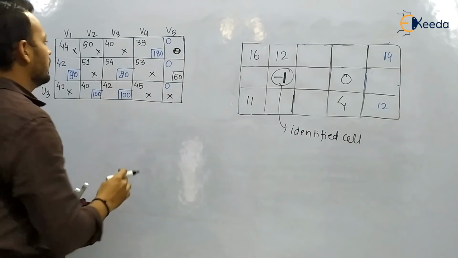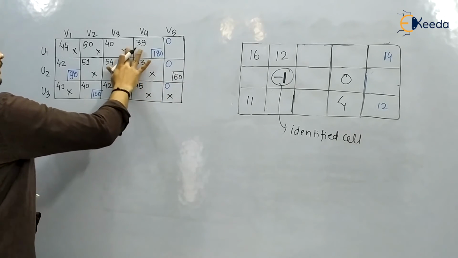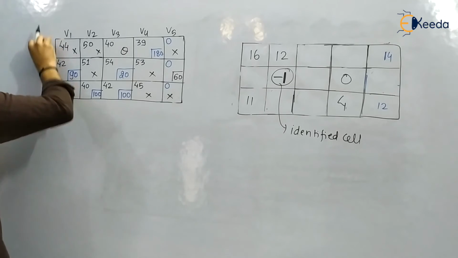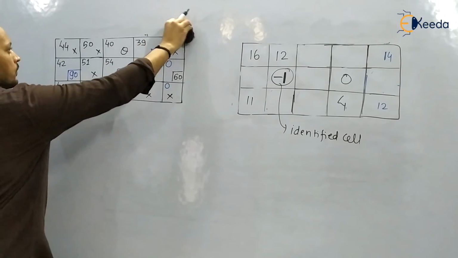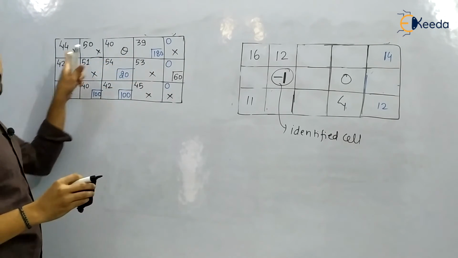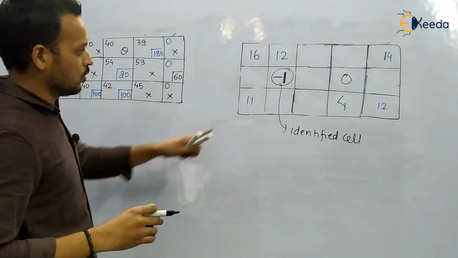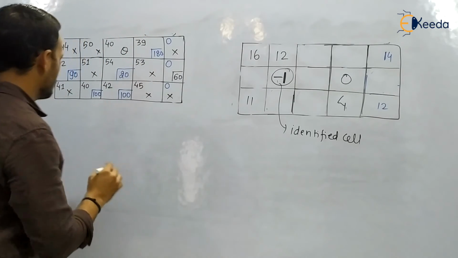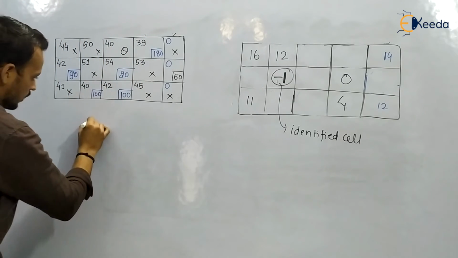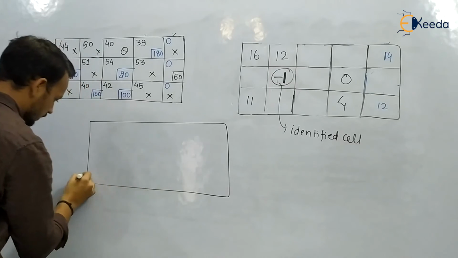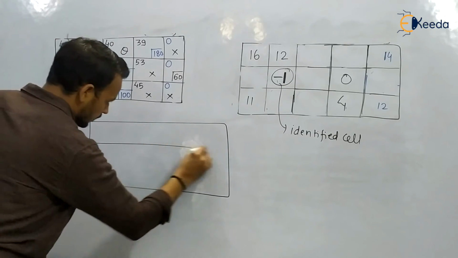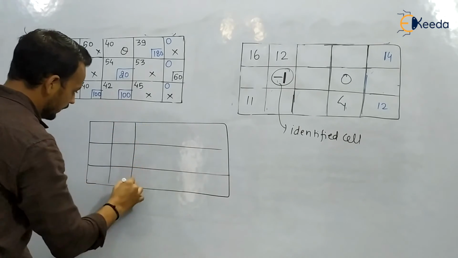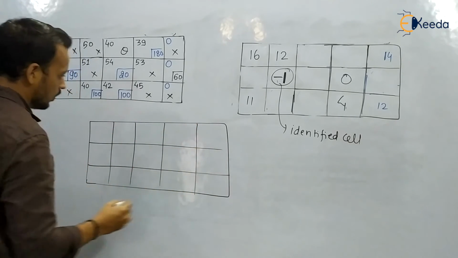Okay, this is going to be the identified cell, and the theta value was here. Okay, the theta was now here, and this was unallocated. Okay, this was the original cost cell matrix. Okay, we have changed it. So what you have to do, you have to allocate some items here. Okay, so I am making a new cost cell matrix. Okay, little bit of lengthy procedures, but predefined rules are there.